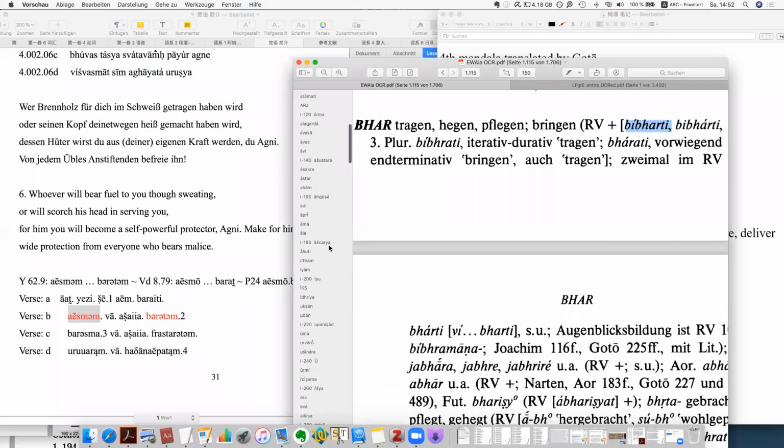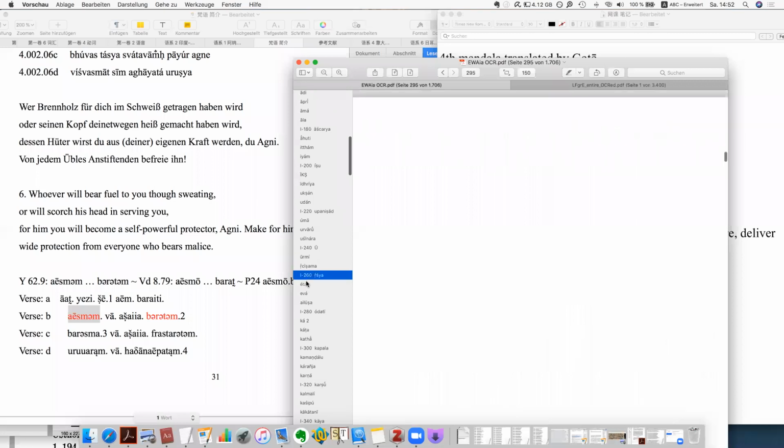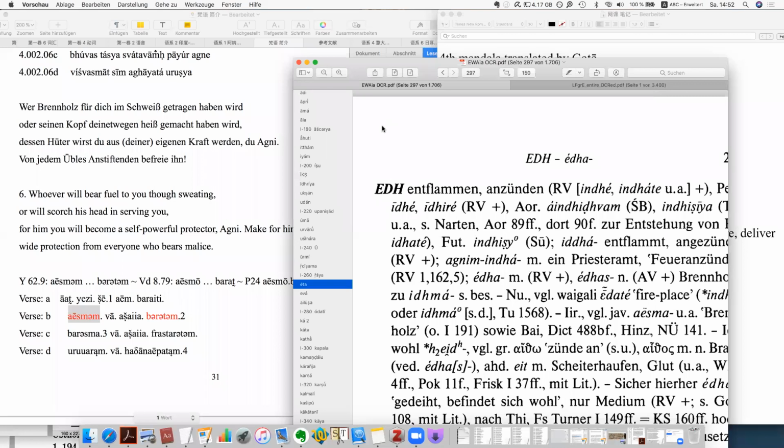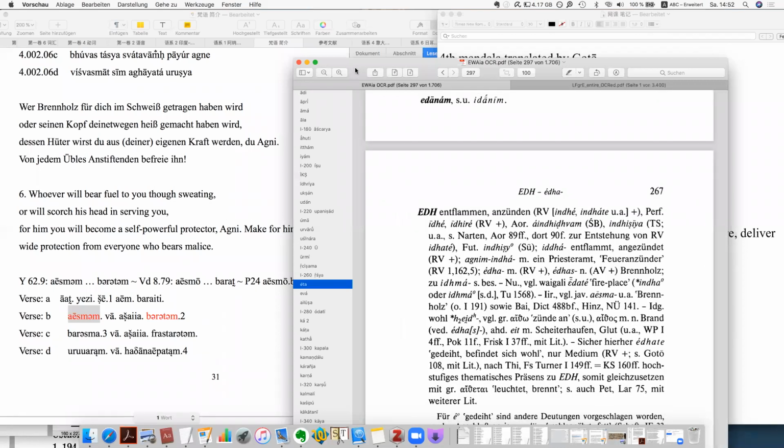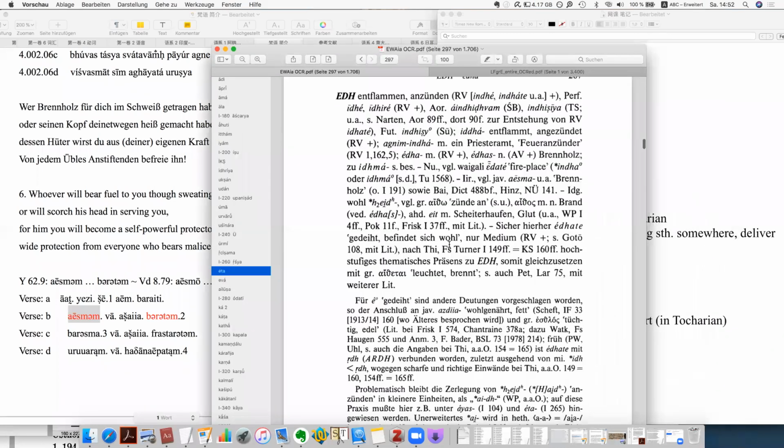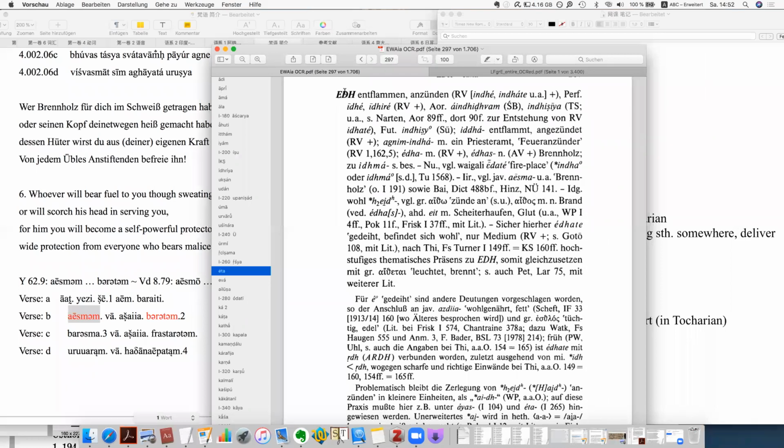It's called idh in Sanskrit. So let's check the Sanskrit dictionary. So this is actually the root called idh, and this idh becomes aēsh in Avestan, and it is also cognate with